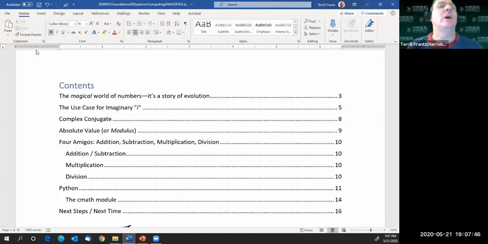And first of all, I think an important thing to get your head around is, what's the whole idea behind complex numbers? Not necessarily what they are, but